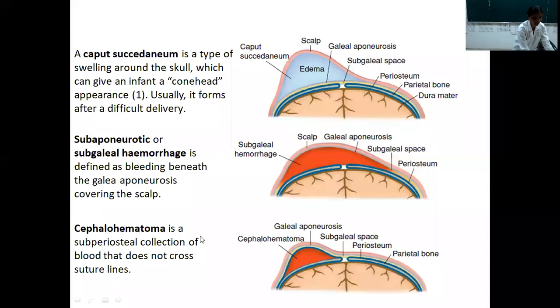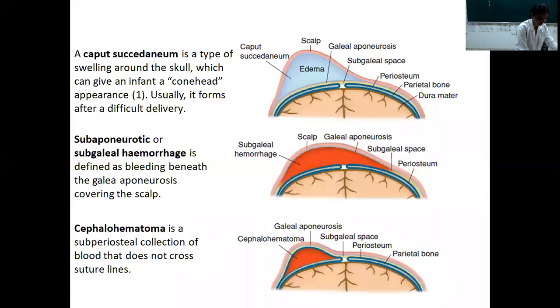Then the third important aspect, cephalohematoma. So what is this cephalohematoma? It is a subperiosteal collection of blood that does not cross the suture lines. Why is it not crossing the suture lines? As I told, the pericranium is continuous at the sutures of the bones with the endocranium. So here in the third diagram, the lower diagram, the hematoma occupies the area within the blue color line. It is bordered, meaning limited by the shape of the bone. So cephalohematoma always corresponds with the shape of the adjacent bone beneath the periosteum.